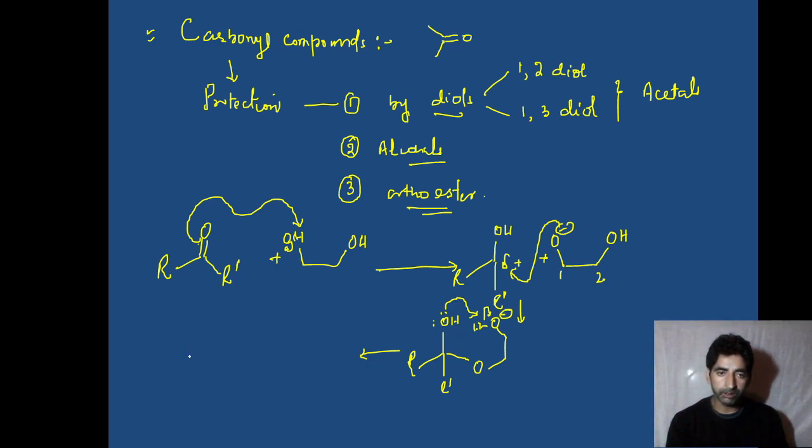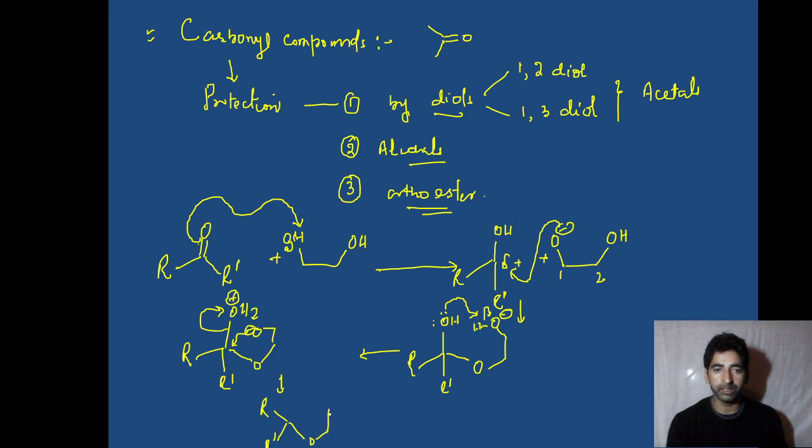Over here this is R dash, and here we have OH2 because of the lone pair attack, therefore a positive charge is created over here. So we have an oxygen atom and we have the diol, this diol contains O minus. Now what will happen, this water will act as a good leaving group and this O minus will attack over here and this carbonyl group gets protected. Now see how the carbonyl group gets protected. Over here we have an oxygen atom, then we have two carbon atoms, then we have one more oxygen atom, it attacks on this carbon. So hence this carbonyl group which was originally present over here gets protected.